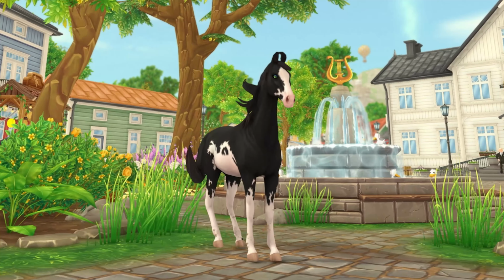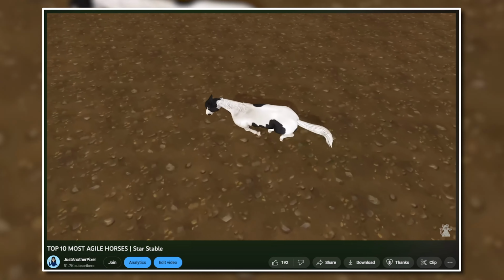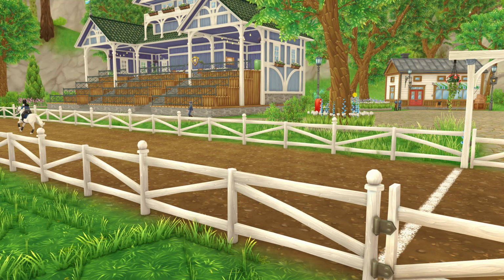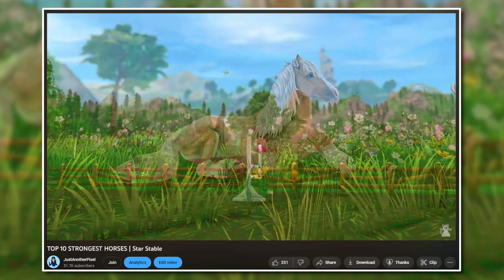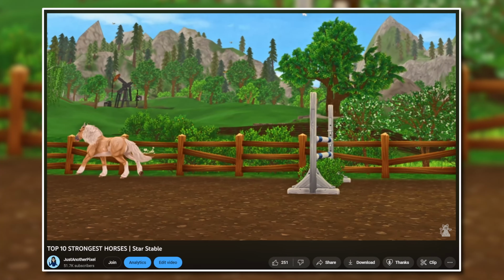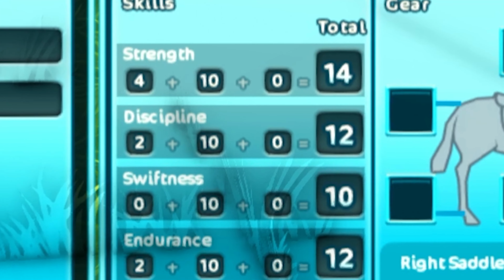Alright, so the horse skills. Agility. We have covered this one in a video. It is how fast your horse turns. Swiftness. As we said, this skill is how fast your horse goes. Strength. This was the first video I made in the series, and it relates to how high and far your horse jumps. Discipline. We will be covering this skill in a week or two, but discipline is how fast your